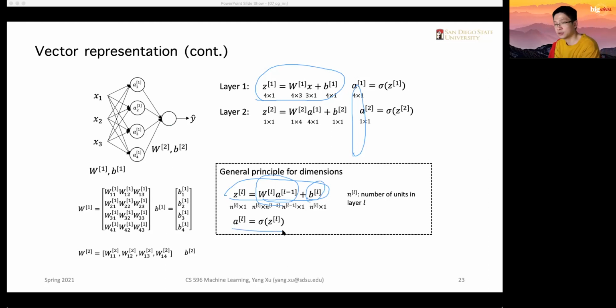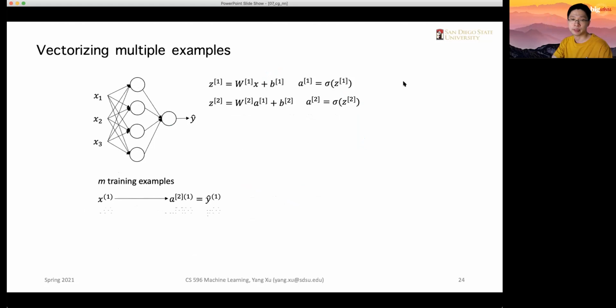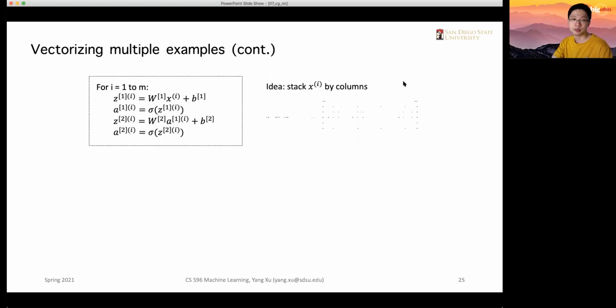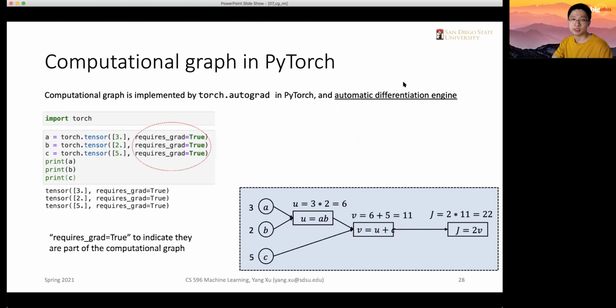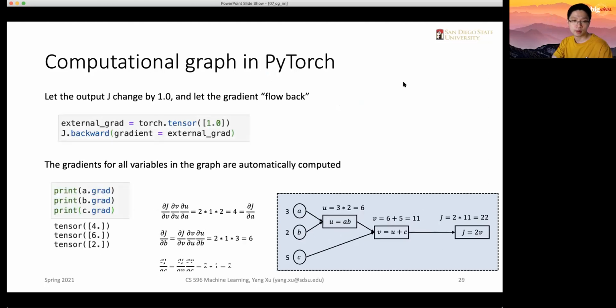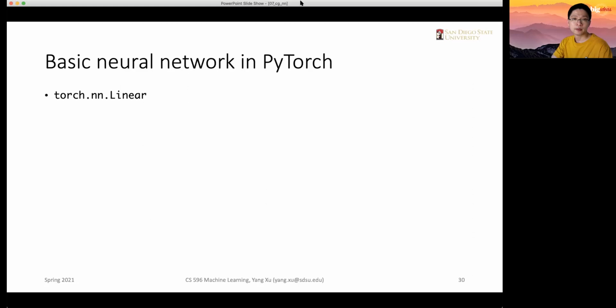So let's look at how this can be implemented in PyTorch, okay? But in this example, we're not going to implement any activations. We're just going to implement the linear parts. So one idea is that A0 is from the input, right? It is for the input layer. So if we want to